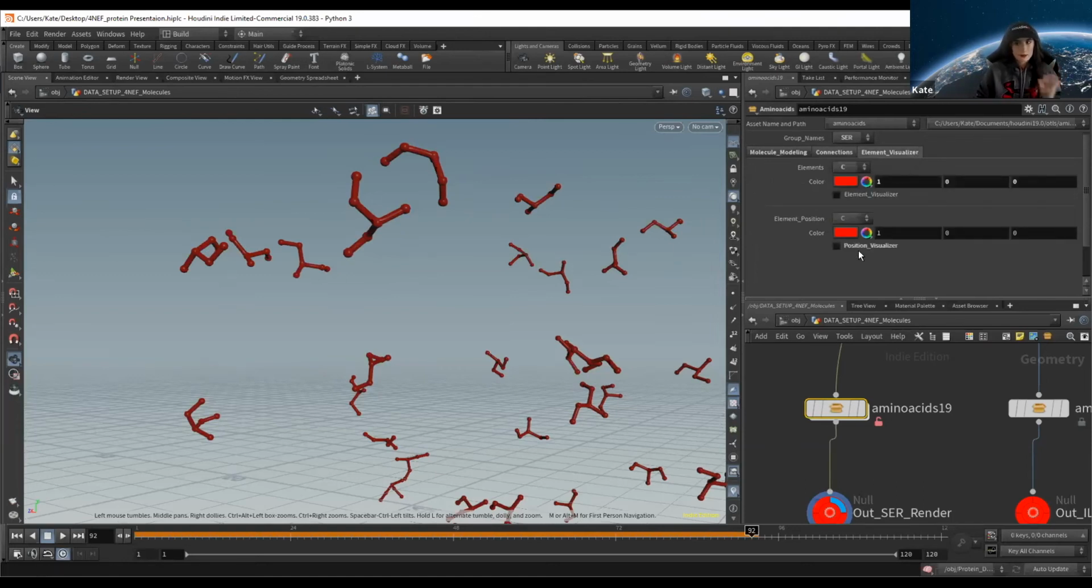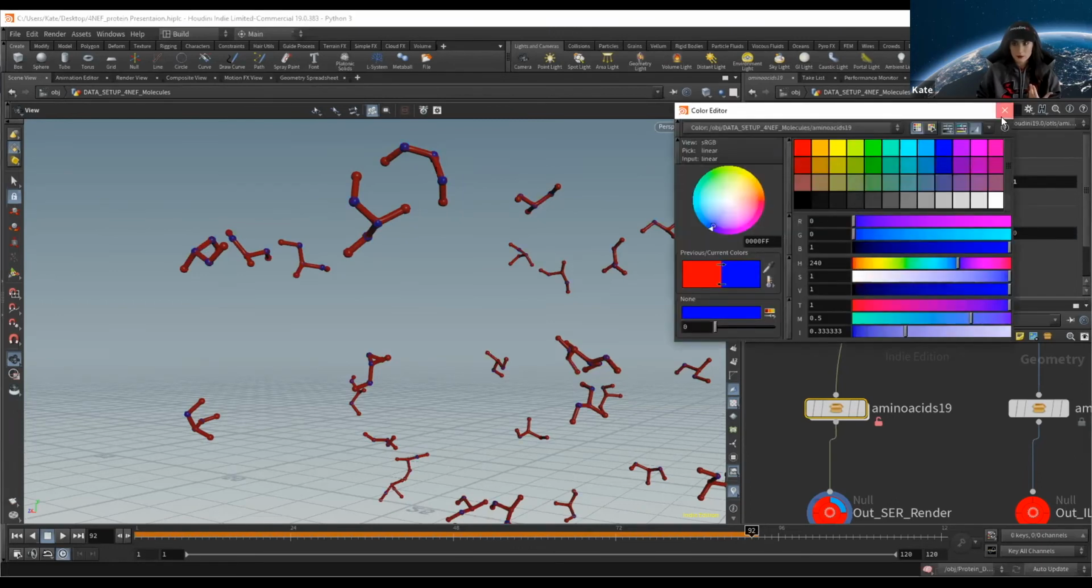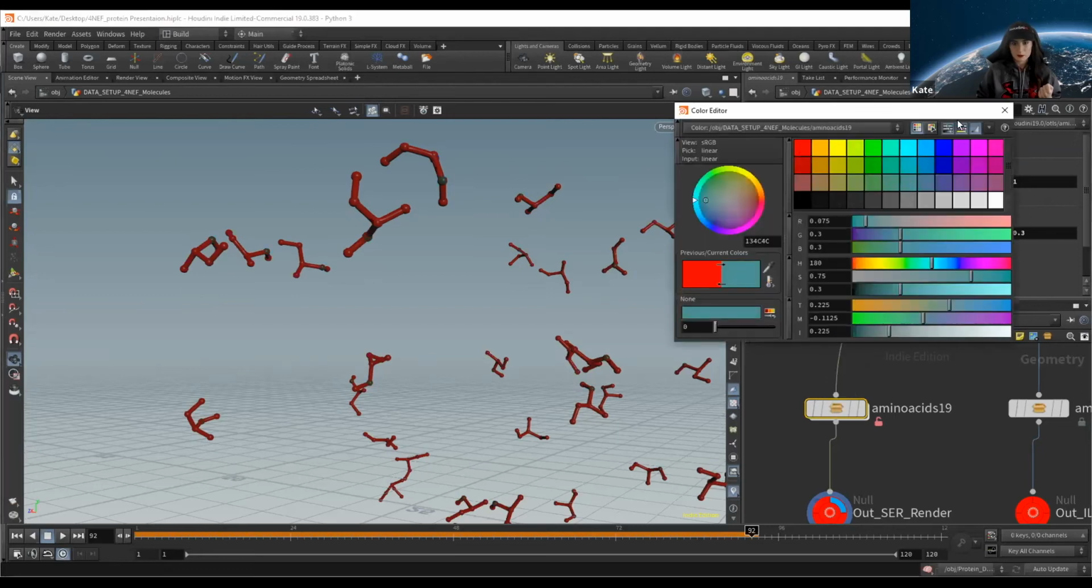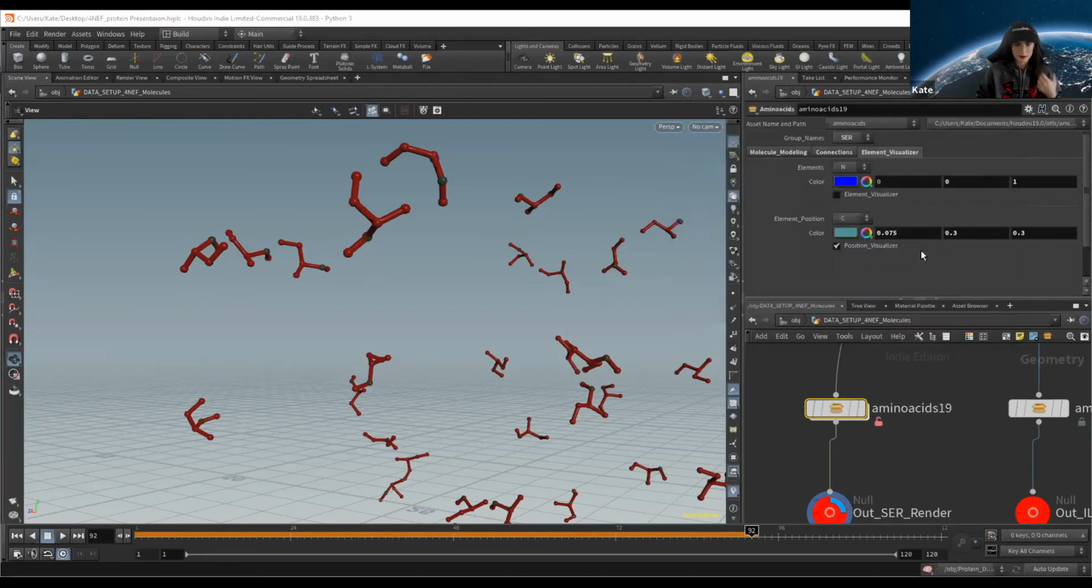Over here on our element visualizer, we can once again visualize our element and element position. So if we toggle these on, we're not going to see the color because it's red. So if we turn this to blue, we can take a look at our carbon atoms, oxygen atoms, and our nitrogen atoms like that. So it's really up to you on what you want to visualize. And once again, these toggles also work for element position. So we'll turn these blue, and there they are. So it's really customizable on what you would like to visualize and what different parts of the structure you would like to visualize